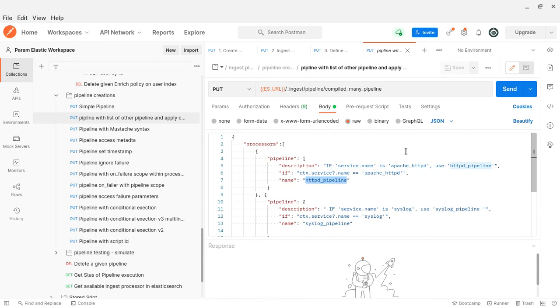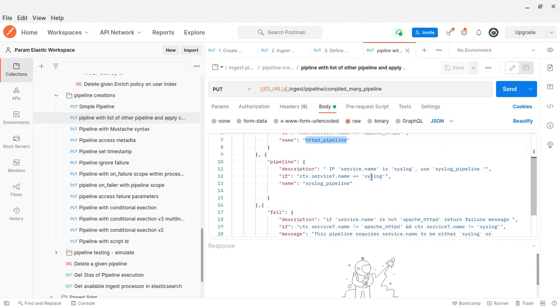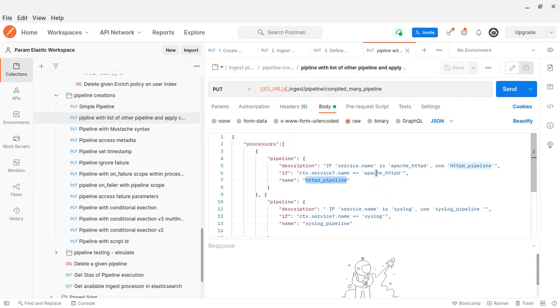I don't think in Logstash pipelines, though they say pipeline to pipeline, I have not seen any samples. But here there is more modularity. You can have small pipelines and reuse them. So this is a pipeline which uses other pipelines based on a condition, something like that. Without a condition also you can compose.